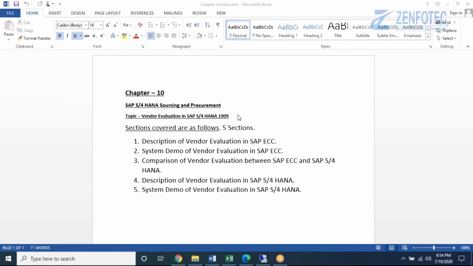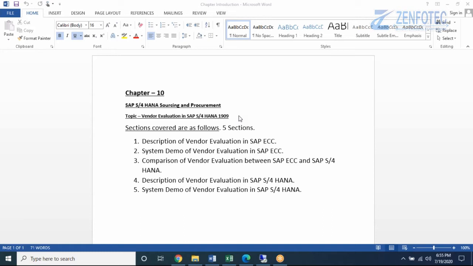That is, we will compare all the simplifications based on the ECC scenarios, and we shall compare what has happened in SAP S/4HANA, what are the simplifications that have taken place over the topics in SAP ECC. Why I am doing this and why we are taking this approach is that, for some of our students or candidates, it will give a brief background of